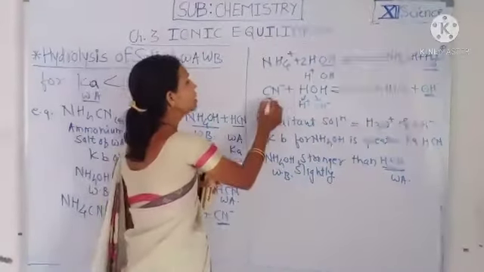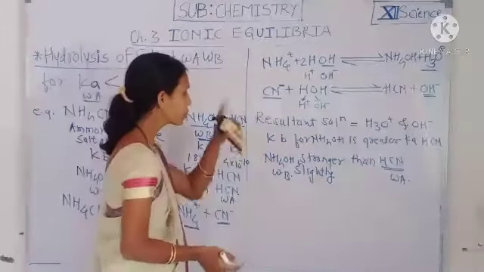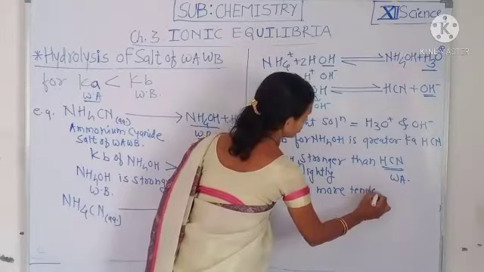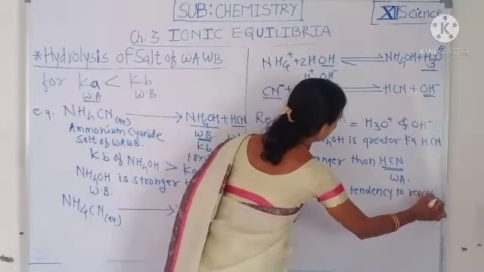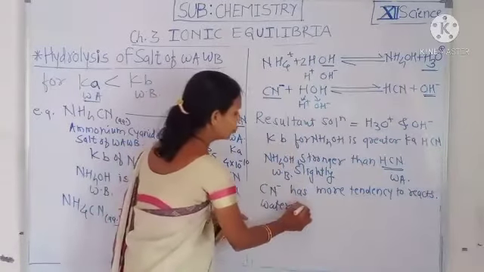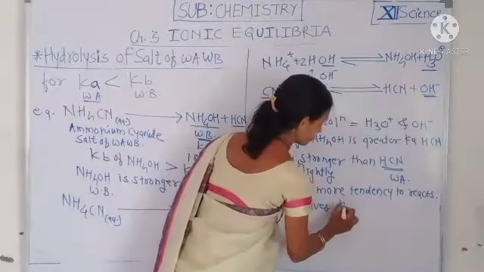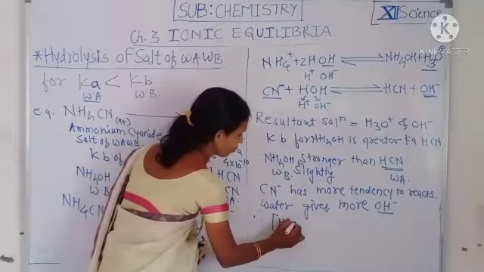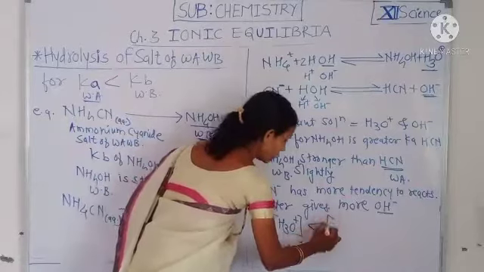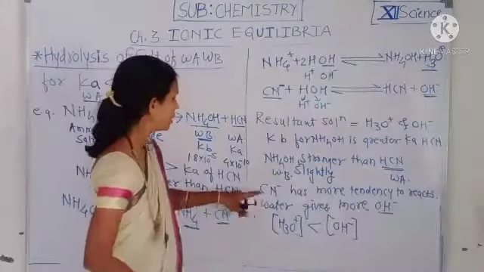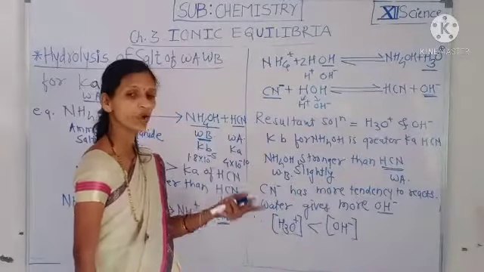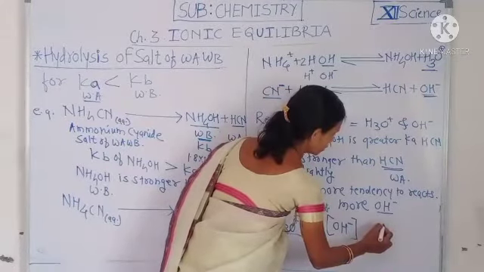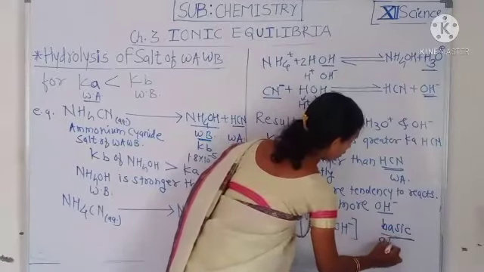Therefore, here CN minus ion has more tendency to react with or interact with water to give more and more OH minus ion. That means the concentration of H3O plus, that is H plus ion, is less than the concentration of OH minus ion, because CN minus ion undergoes hydrolysis more than NH4 plus ion. Therefore, the resultant solution is basic in nature, or alkaline in nature,